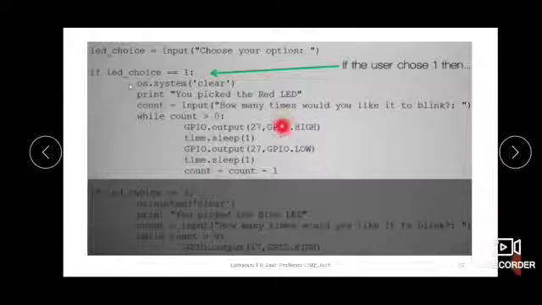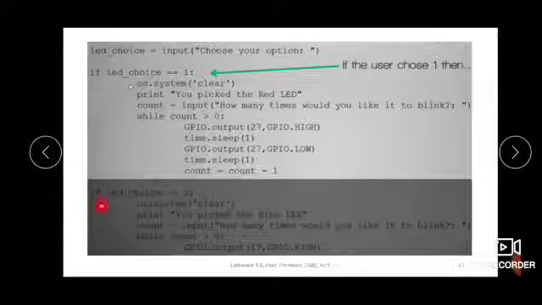Then one time it has blinked, and count is decremented by 1, and then again it will go back. With this indentation you can see all these statements come under this while loop. So it will go back to the while loop, and now when 5 is decremented by 1, it will be 4. So 4 again satisfies the condition. Like that it will be glowing and blinking one more time. So it will be repeated 5 times.